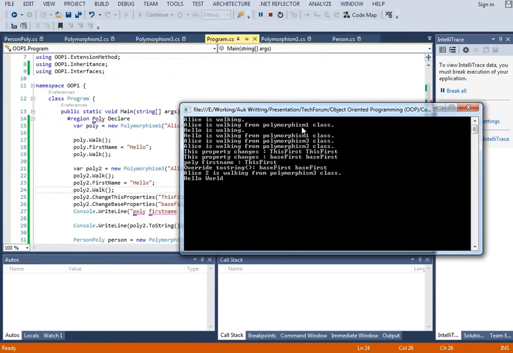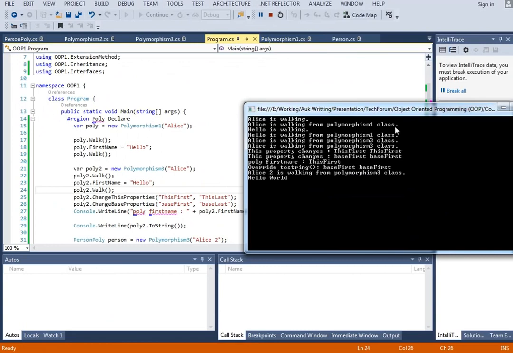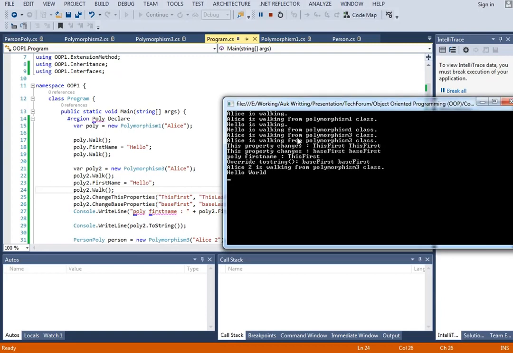See that Alice is working from polymorphism 1 class by this method, and we change the Alice name to hello, and then hello is working from polymorphism 1 class. Yeah, hello is working from polymorphism 1 class. So far that's correct. So after that we are creating the polymorphism 3 class, where we are calling